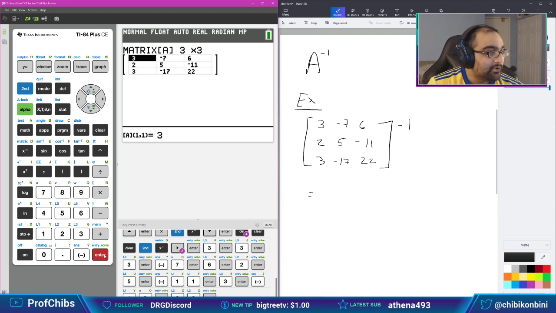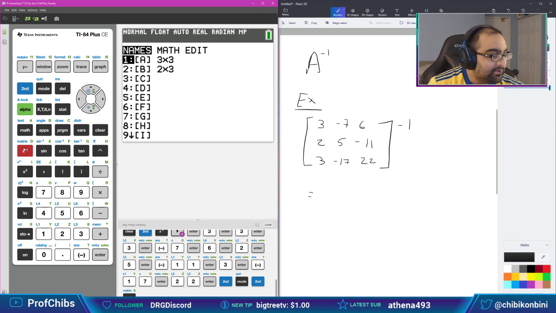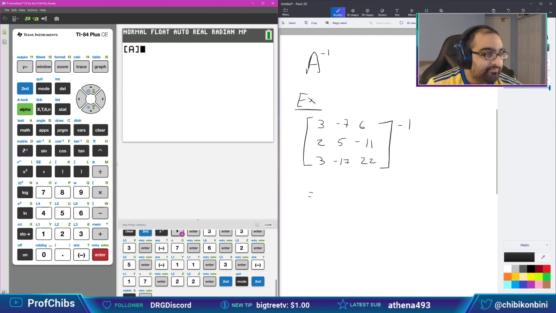Okay, we put in all the numbers into matrix A, and all we have to do is hit second, mode to quit to the main screen. We hit second, matrix again, call upon our matrix A, and all you have to do here, ladies and gentlemen, is hit the x to the -1 key. That's it. You call upon the matrix you just defined, hit x to the -1,